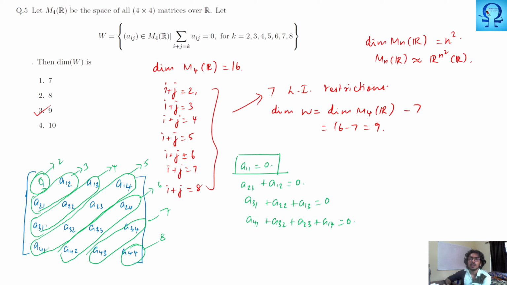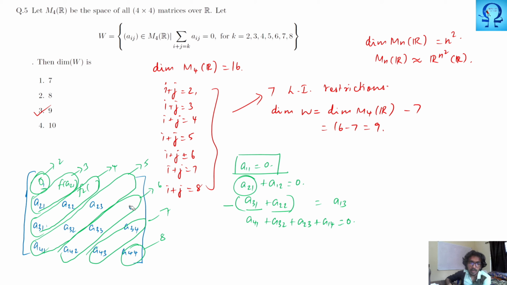Here, you are free to choose one variable, and the other variable should be the negative of the first variable. You can choose either A21 or A12, that is clearly up to you. So this variable depends on this A21, right? And if I bring this one to the other side, this is what I have. So I can freely choose these two variables, and I'll have to write the negative of the sum of these two things as the A13. So this one I can write as some other function of the sum of these two things.